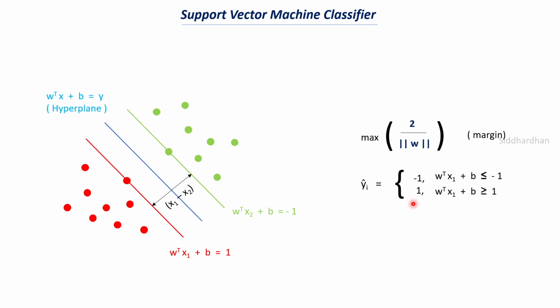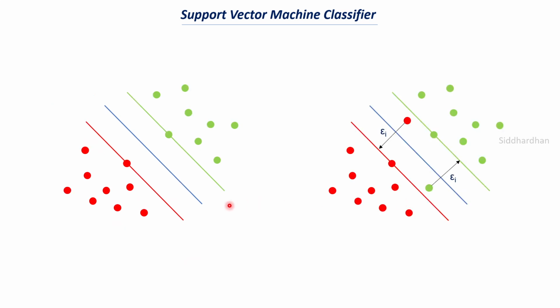There is another aspect to this support vector machine. You can see two types of diagrams here. Both are examples of the support vector machine classifier. The only difference is that in the first case there are no data points within the margin, whereas in the second case, in the margin space, there is a red color data point which is a class 1 data point, and a green color data point.